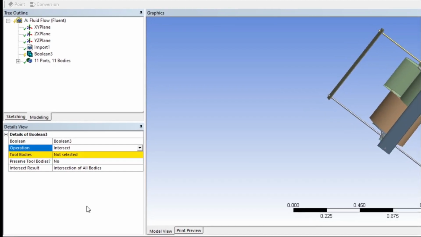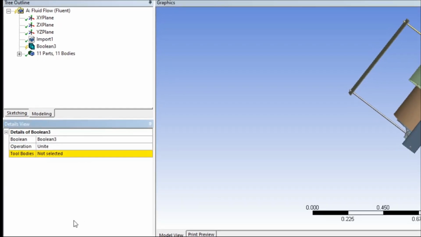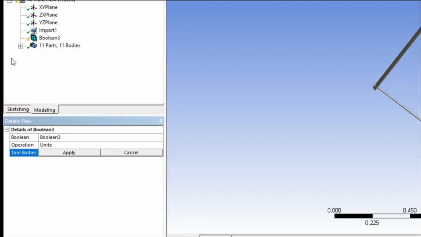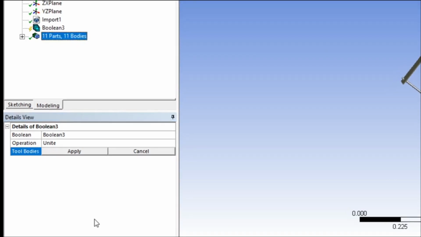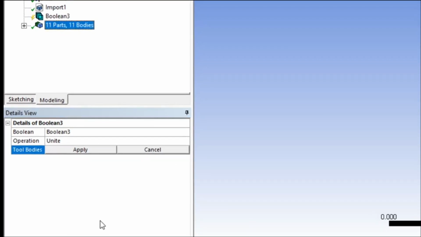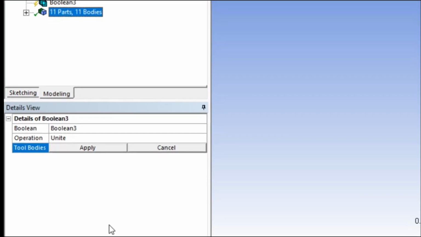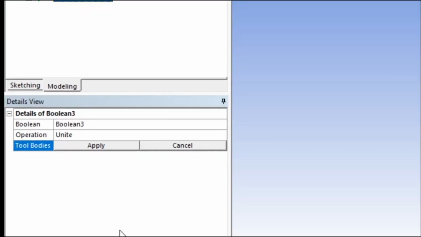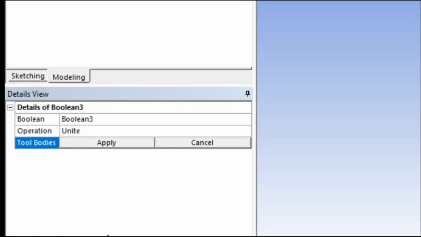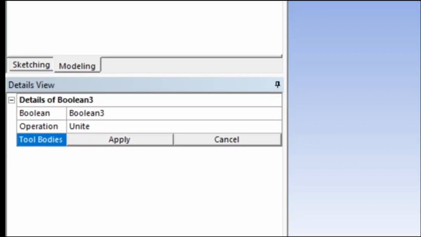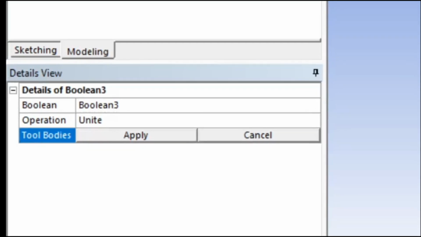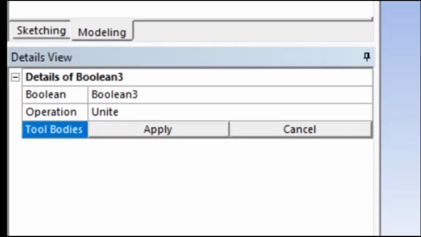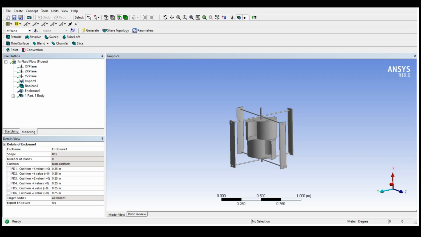Okay, in the first step we have to unite these 146 parts. I give unite, then I need to select the different parts to be united, and I think it is a huge process. 1, 2, 3, 4, and similarly, uniting this will be a huge process. I hope so. Taking a lot of time. So let us wait. Obtained into a single part. The 146 parts have been completely united into a single part. That is the use of the Boolean operation here.